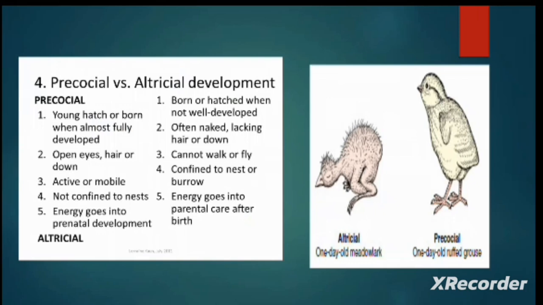You check if the eyes are open, and then you check if they are active or able to move. If they are not able to move, the eyes are closed, and they are less developed, that is altricial development. If they're able to move and the eyes are open, then that is precocial